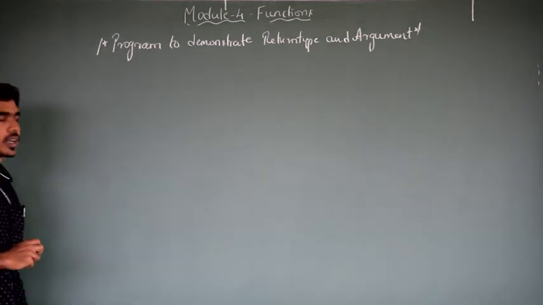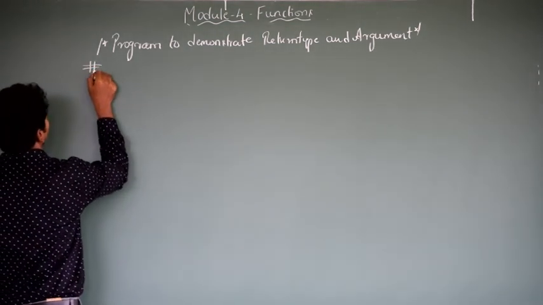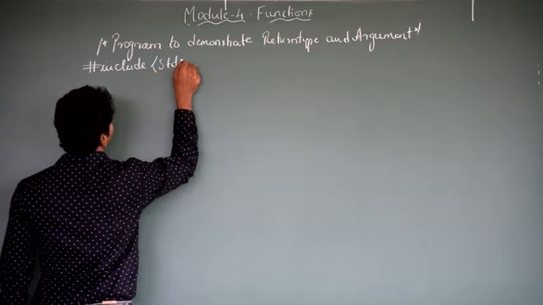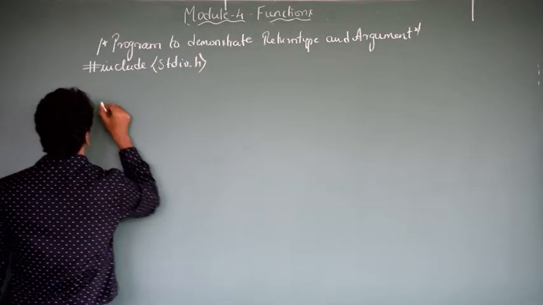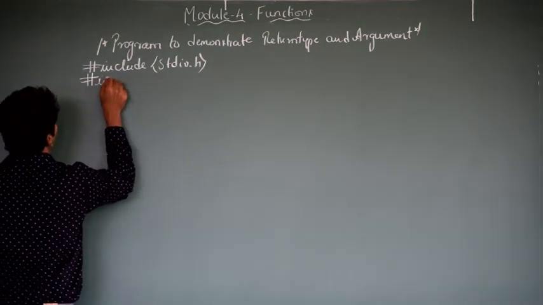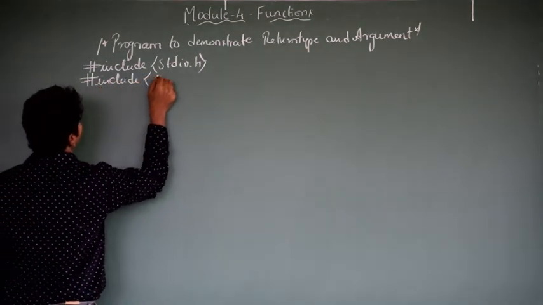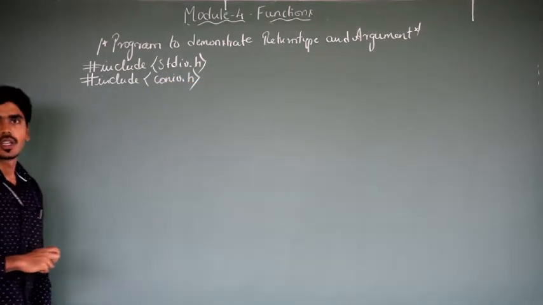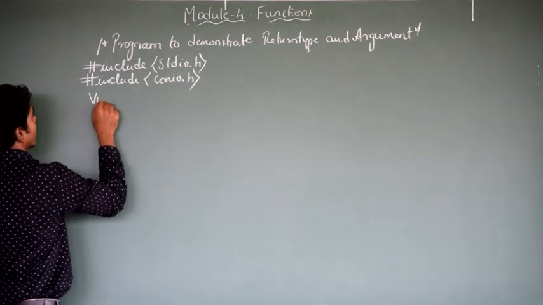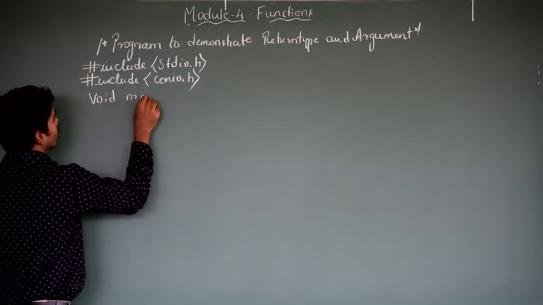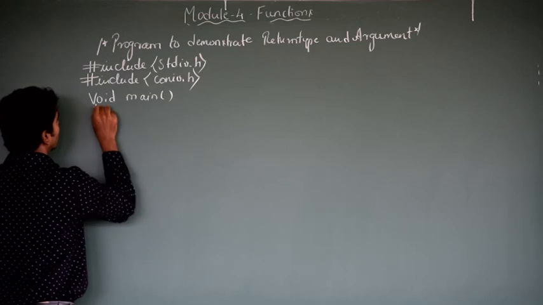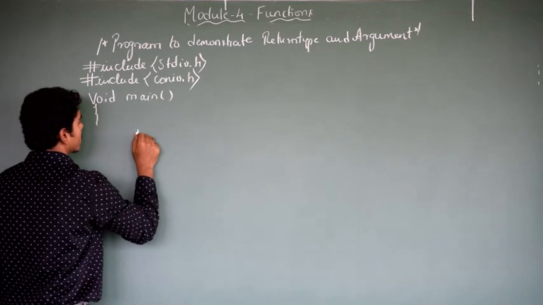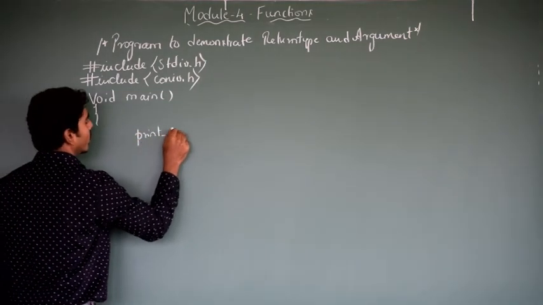So let's start with the header files, that is #include <stdio.h>, then include the header file, that is conio.h. As usual, let us have a main function which is going to return a void, then the function prototype which says print the square